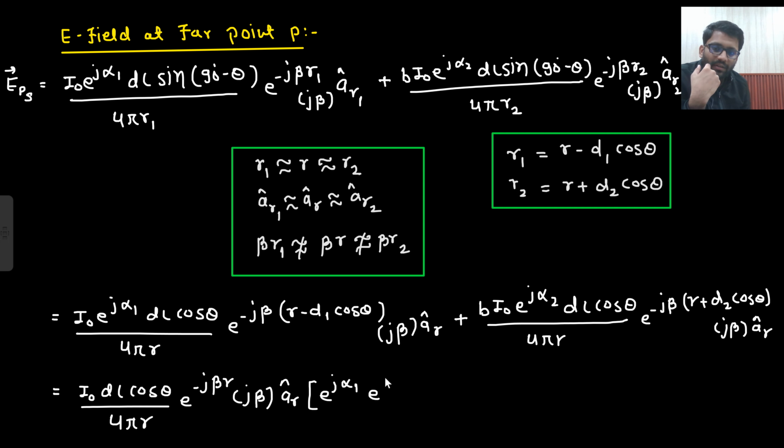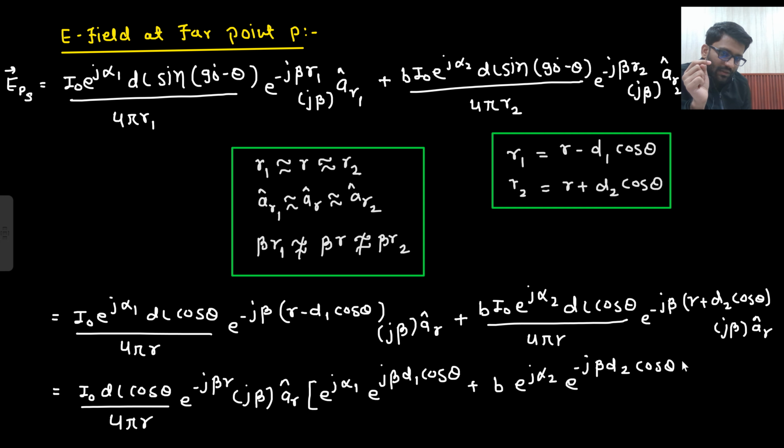E to the power j beta d1 cos theta. You are getting this point, right? E to the power minus j beta minus d1 cos theta. So e to the power j beta d1 cos theta plus here I naught was as it is, but here b is there into b e to the power j alpha 2 plus e to the power minus j beta d2 cos theta. So this is the expression that you are getting,